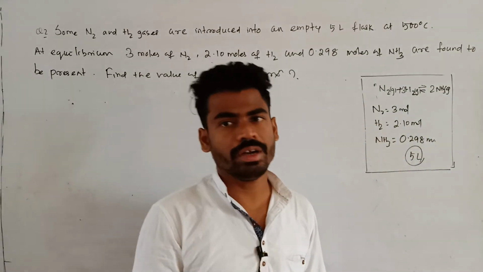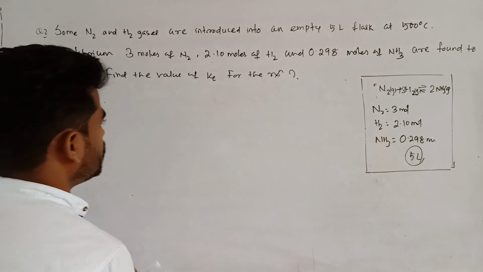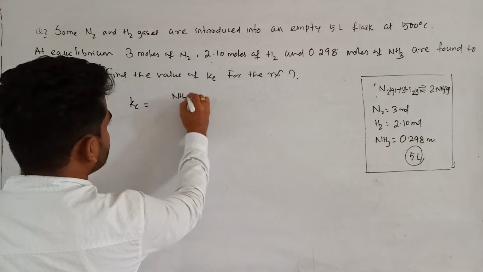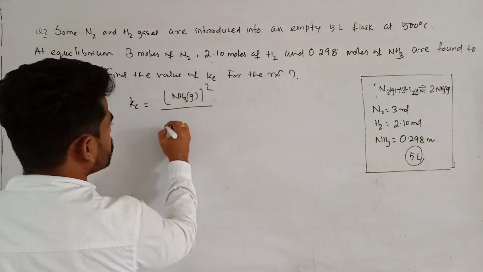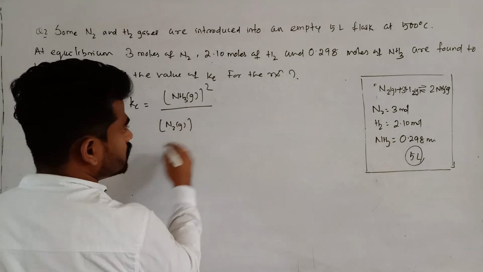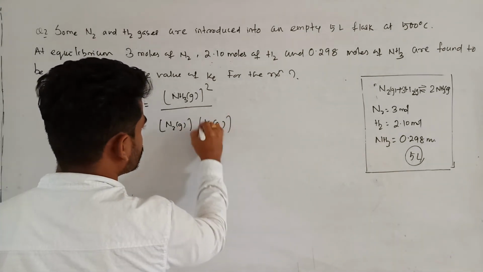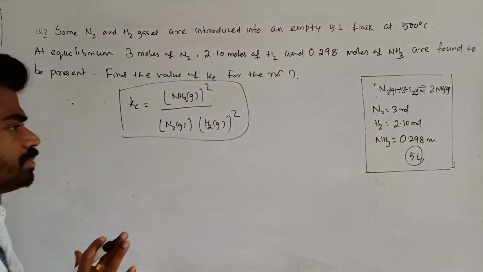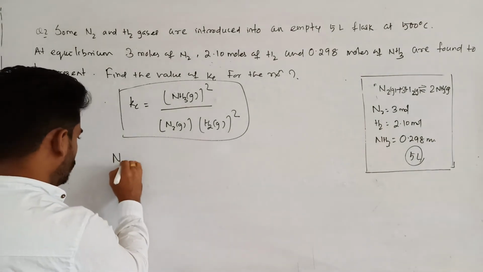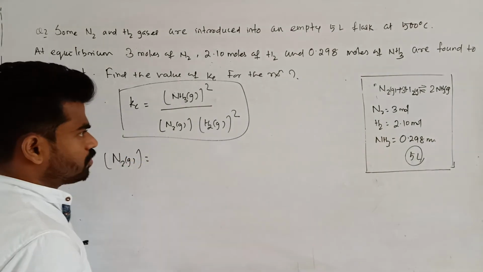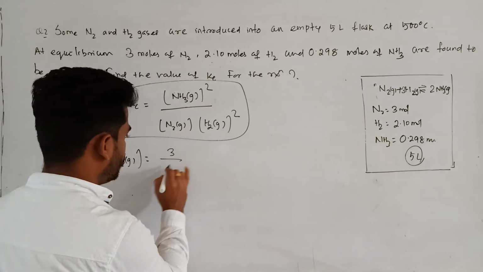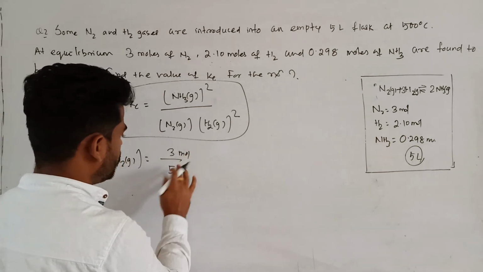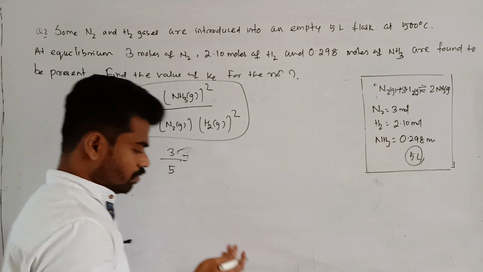So you just calculate their concentrations, because Kc for this equation will be the concentration of NH3 gas to the power 2 upon N2 gas into H2 gas to the power 2. This is the concentration expression for Kc. So you just find out the concentration of the different species at equilibrium. The concentration of N2 is the number of moles per unit volume, N2 3 divided by 5 liter, 3 moles per liter,